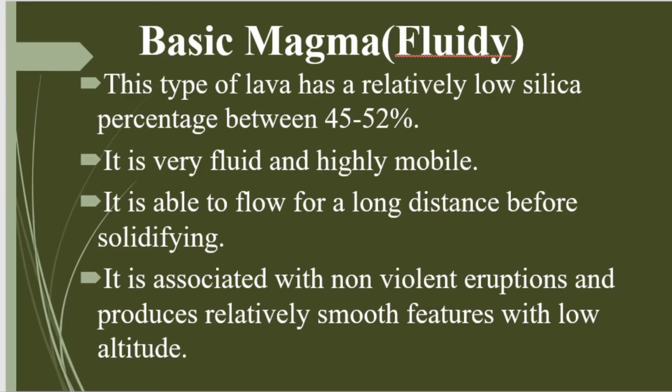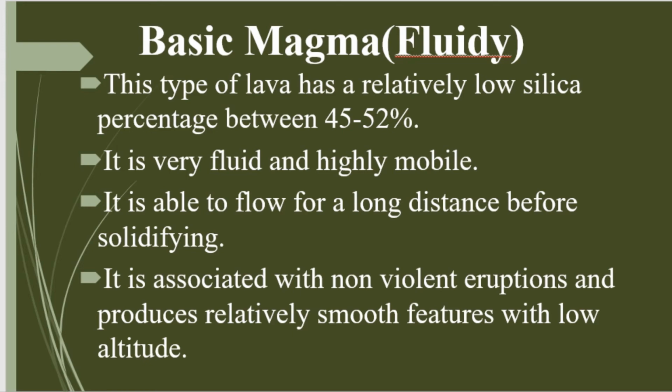Then we have what we call basic or fluid magma. This type of lava has a relatively low silica percentage. Okay, it is very fluid and highly mobile. It is able to flow for a long distance before solidifying. Sometimes you may be requested to prepare porridge, and you prepare porridge that is very light, almost watery. Maybe you had little flour, then you prepared porridge that is very watery. That porridge takes the form of what we are calling basic lava, and majorly this one forms landforms that are